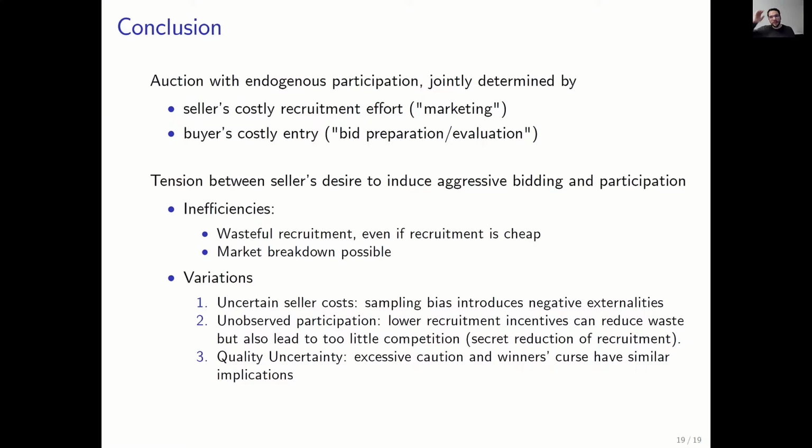So one way to think about the axis: say you have a banner on the highway, and you choose how long to have this banner up. The longer you have the banner up, the more people will drive by and see it. People are driving by at some Poisson rate, so this gives rise to a Poisson distributed number of bidders. But you could have it for multiple days, and people drive back and forth, and that's your sort of public signal. I think that's very good.